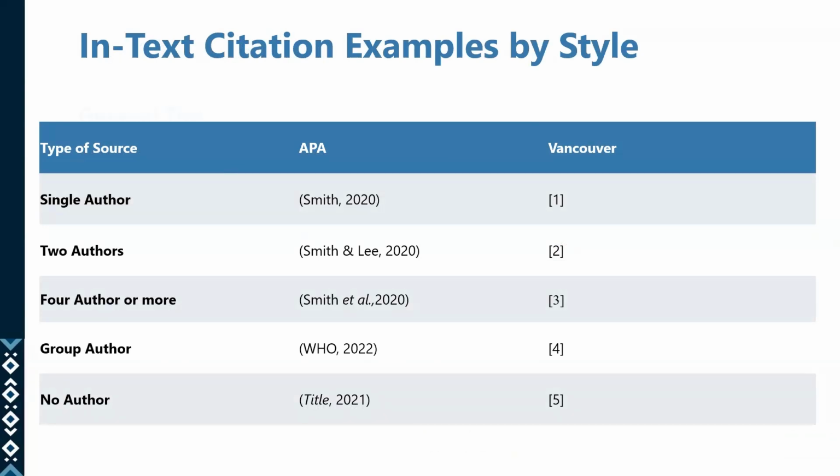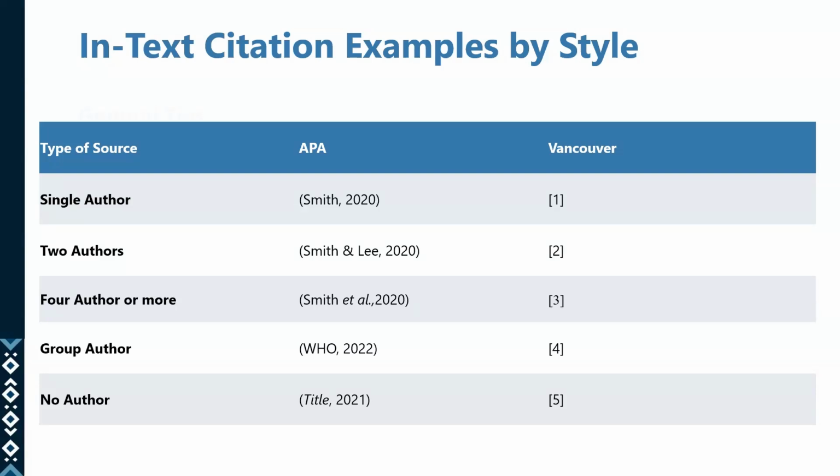When you have a single author in the APA style, which is the author-date style, you put the name of the author and the year of publication in round brackets at the end of the idea. But in Vancouver style, you just indicate with a number. If it's the first time you are citing somebody, you just use the number one, and then the next time